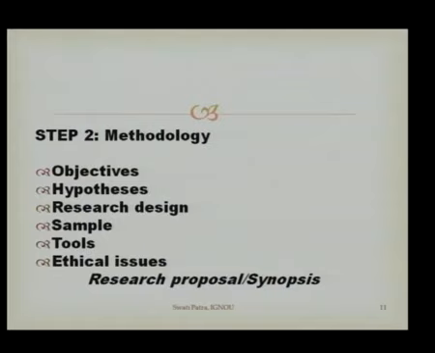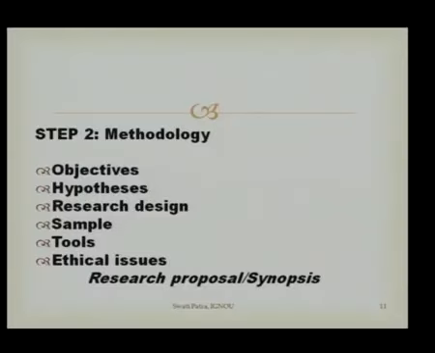And the third important thing under methodology is the research design. Now, when we talk about research design, we have different types of research design. For example, based on the nature of investigation, we have experimental design, non-experimental design, quasi-experimental design, and correlational design. In the experimental research design, the main focus is on manipulation of the variables and randomization. And these experiments are conducted in a controlled setting.